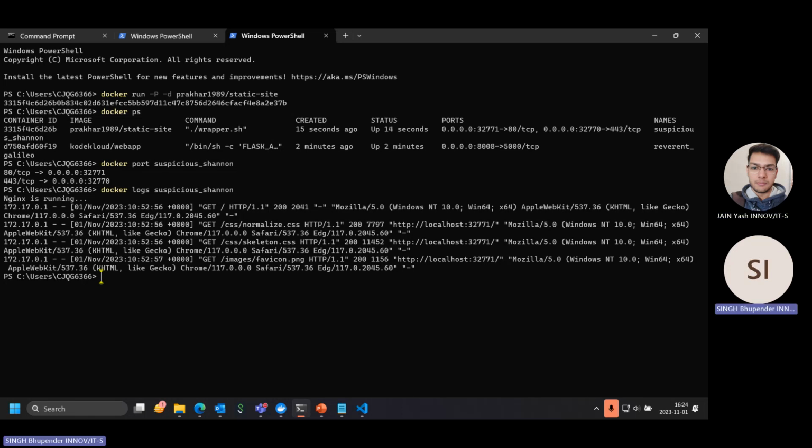We can use the volume mapping facility. For example, if we know that the logs are going to be created in this file, then we can use this command docker run with the dash v flag for mapping volumes.